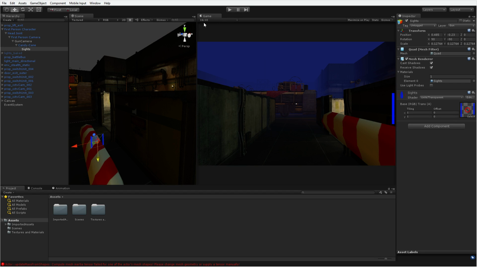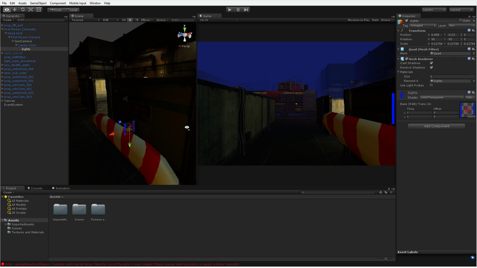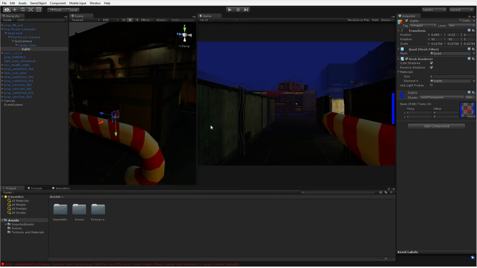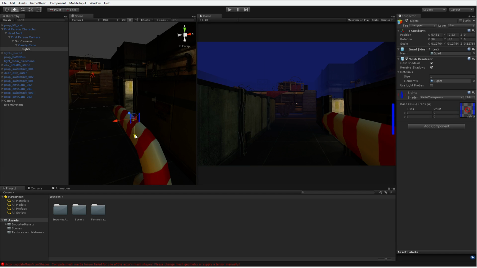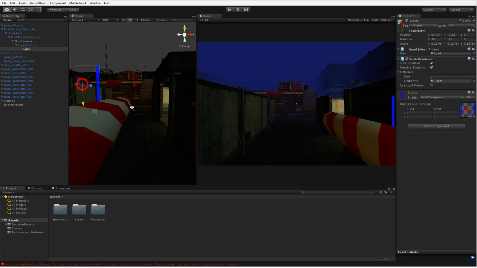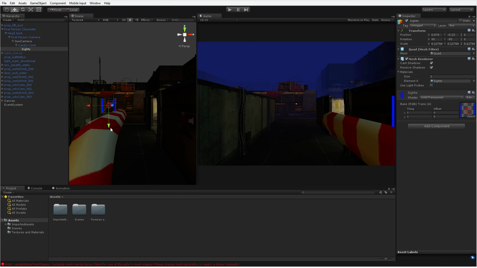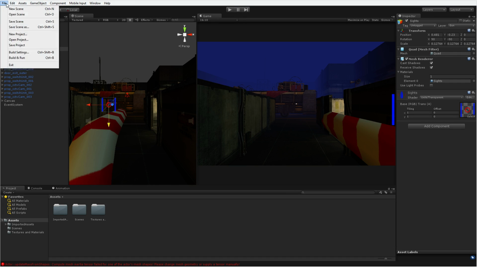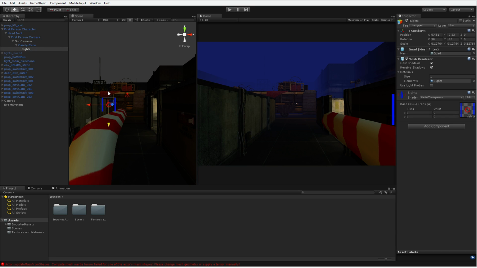Also worth noting that I'm in 16:10 aspect ratio. I'm not in free aspect, which is helping me line this stuff up. So where I put this on the gun doesn't really matter, because it's just going to affect how I line up my animations. But I'll do something like that. That looks good. Just eyeballing it here. If I was interested in being exact, I would, but this is pretty simple.